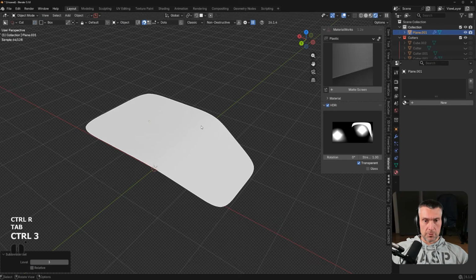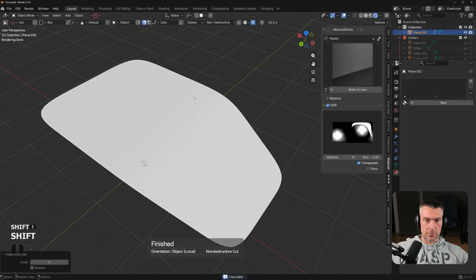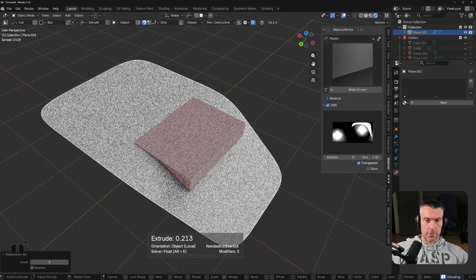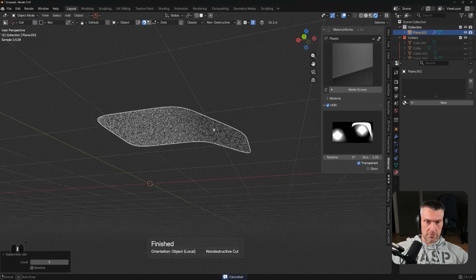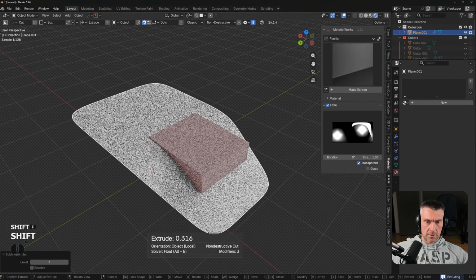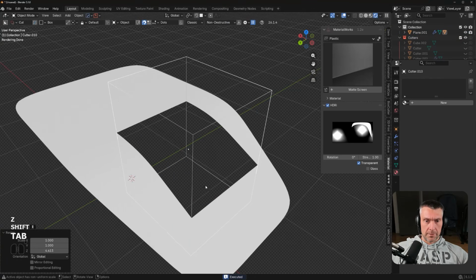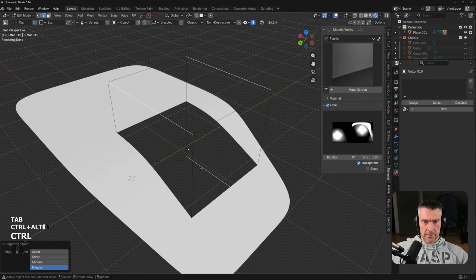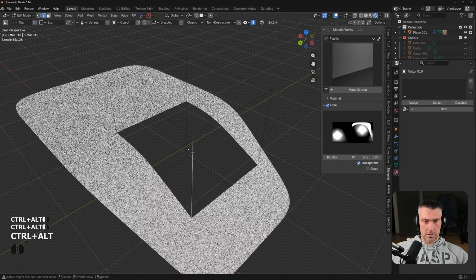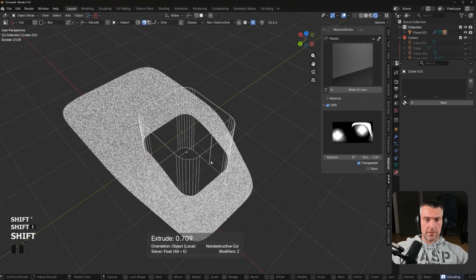And we press Control 3, and I'm going to run a boolean in here. So I'm just going to simply cut this with a boolean. So let me just actually close this. Let me just go here, cut this in. There we go. And I'm going to bevel this cutter. So I'm going to click here, bevel this like this. Let's say this was a